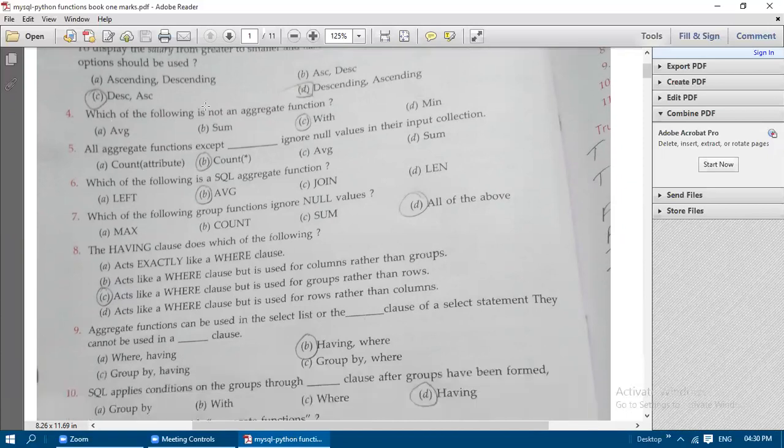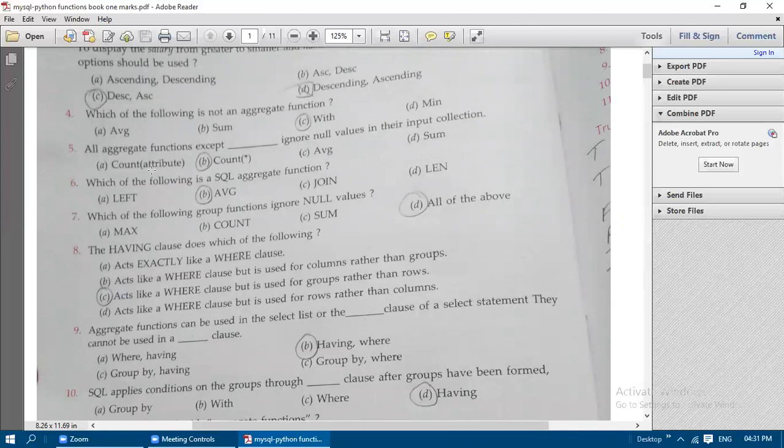All aggregate functions except COUNT(*) ignore null values in their input collection. That means COUNT(*) will not ignore any null value; it will include the null value also. So except COUNT(*), the remaining ones will not consider the null values in their input collection.